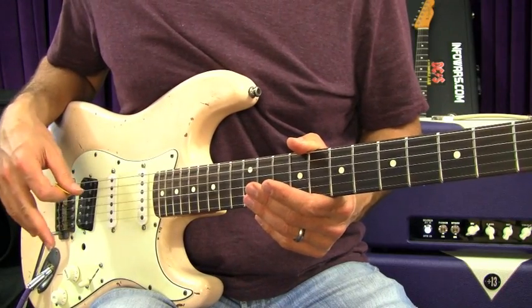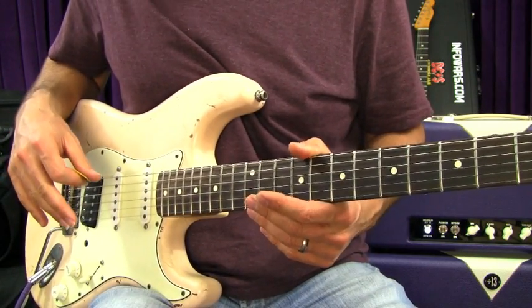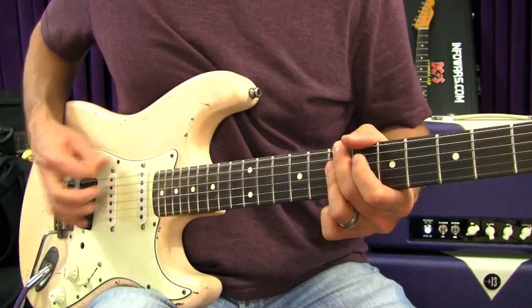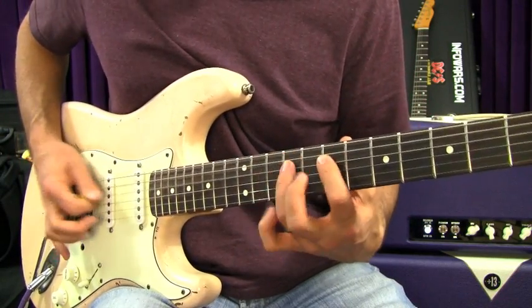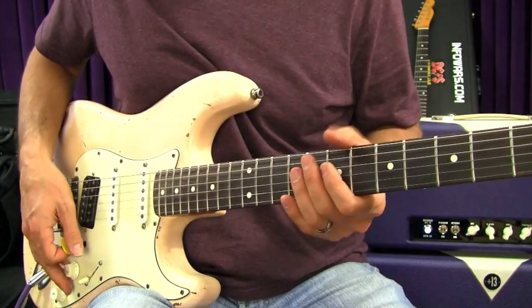So we're going to start off easy and progressively build up to something harder and harder. Let's start here. We're going to do a B minor pentatonic, right? So we're going to work out of that scale, and we're going to work out of one of these